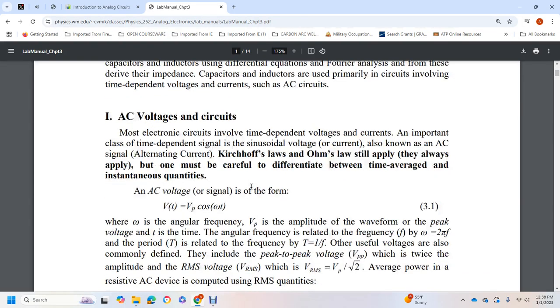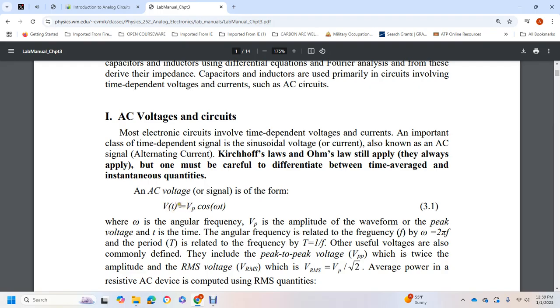AC circuits. AC voltage. Most electronic circuits involve a time-dependent voltage or current as the input, with a sinusoidal voltage or current, known as AC or alternating current. Kirchhoff's laws and Ohm's law are still applied, but one must be careful about the difference between the time average and the instantaneous quantity. The AC voltage or signal is formed as voltage